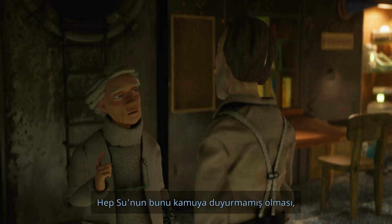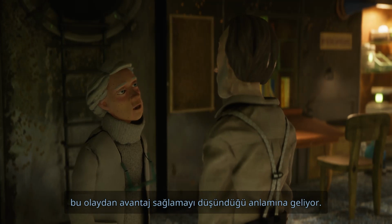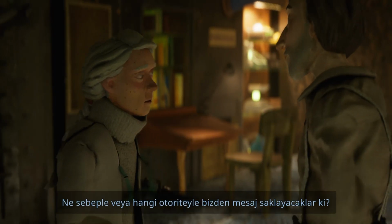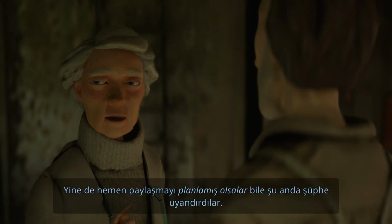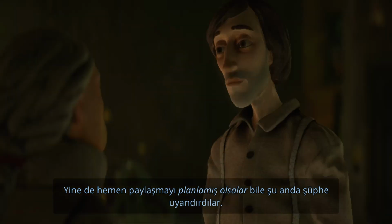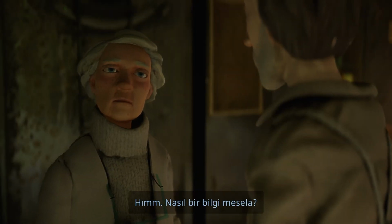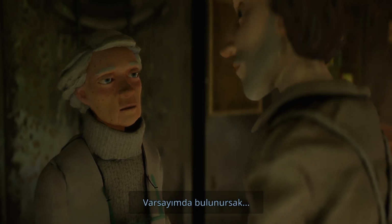It means that the fact all water haven't shared it publicly yet means they're thinking about how to turn it to their advantage. What if it's not the first message? Don't be paranoid, Harold. What reason or authority would they have for keeping messages from us? Still, even if they had planned to share it immediately, they look suspicious now. Gosh, that message could be anything. Maybe they've got information for us about our mission. Well, what could that information be? If we presuppose...